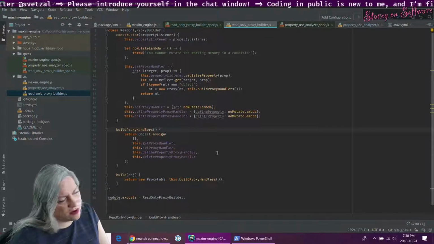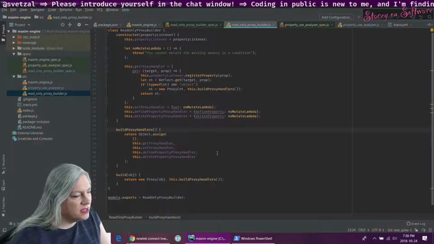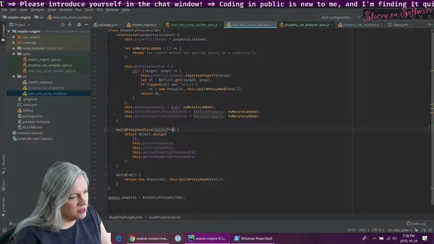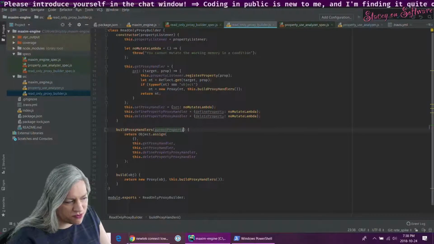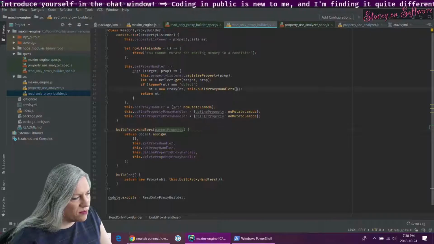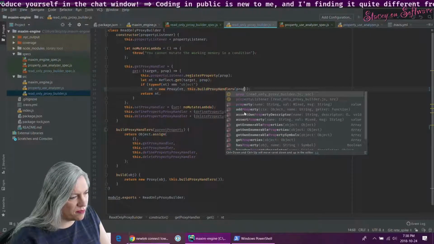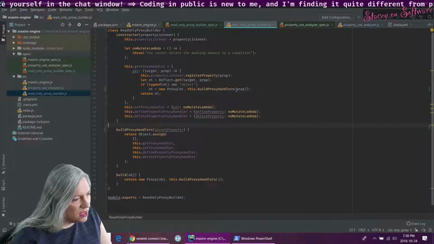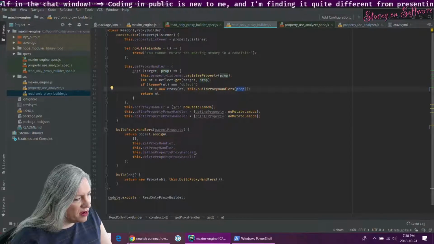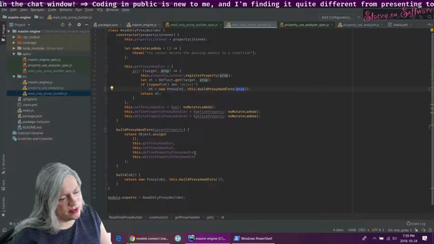I wonder how badly it will explode. So if build proxy handlers took a parent property, and that parent property was the prop that we came in with, and the parent property